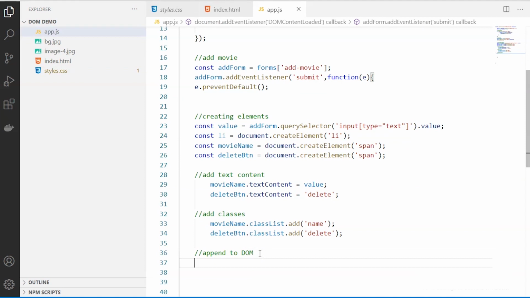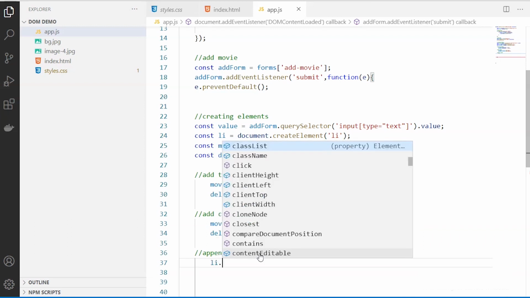Now the final and most important one is to attach it to the DOM, so that all your elements along with the textual content added, with those class properties and the CSS features, are now all rendered onto your DOM in a proper hierarchical way. So that is very important. That is the final step.